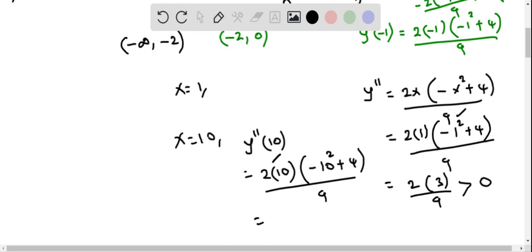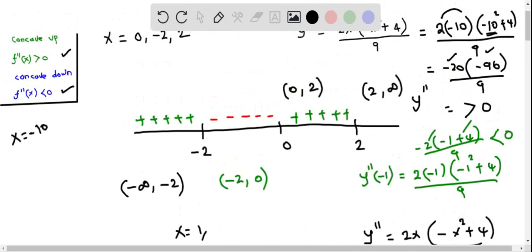So this is going to be positive, that is 20, and this is negative 100 plus 4, which is negative 96, over 9. So this is basically a negative number. So I mark negative in this interval. So we have created this sign chart,